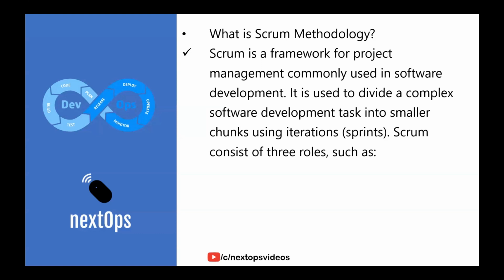Scrum teams usually consist of 3 roles. One is the product owner, whoever is actually owning the product or given the requirement to us to work on, he will be part of Scrum. And then the Scrum Master, who will be monitoring the entire effort, how the committed work is going on. Is it going as per the schedule? Are there any roadblocks that need to be addressed by the product owner? Is there any delay? Or are there any backlogs?